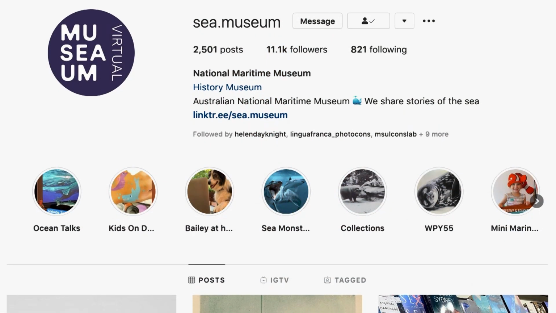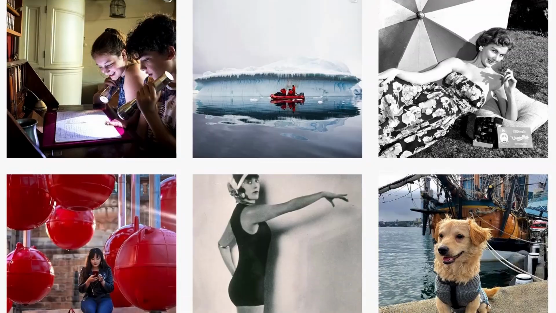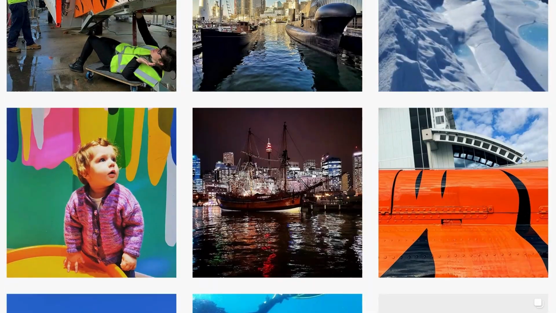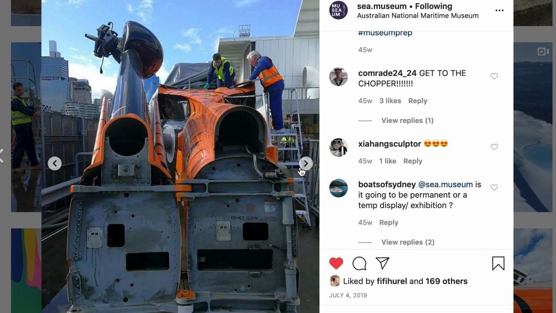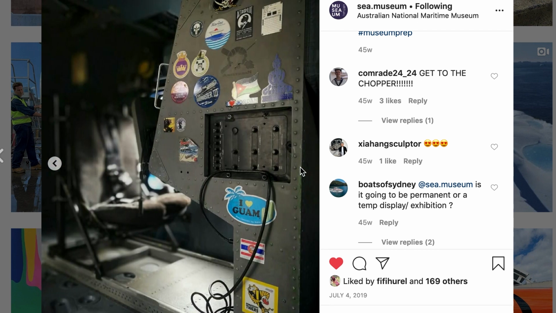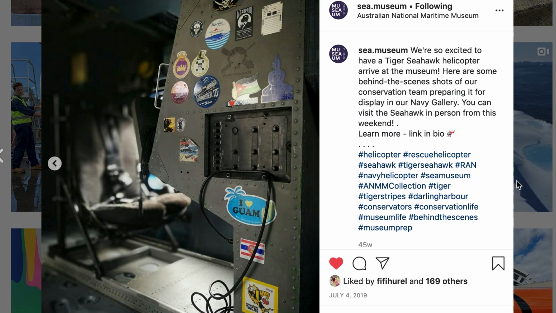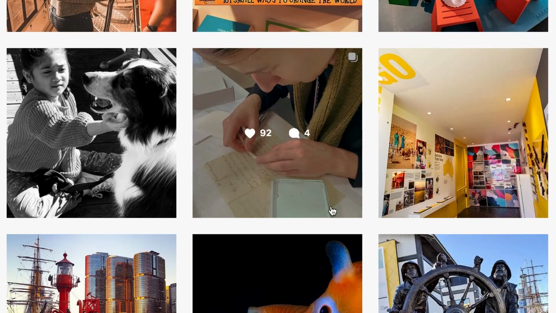I mentioned earlier that a lot of museums only have a museum-wide channel, which includes a lot of information and content that they share, and that they sometimes share conservation content on there, or if they don't, they should. So this is where I'm going to say, if you do work in an institution and they don't have a conservation social media channel, which is completely understandable, nowhere where I've worked so far has had one, it's maybe a really good idea to work really closely with them and see if you can supply conservation content.